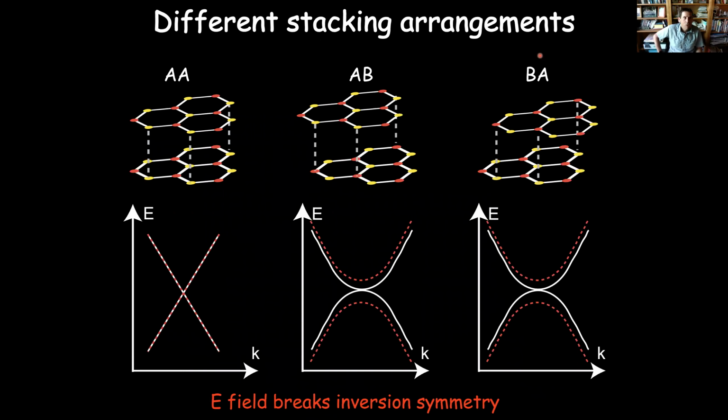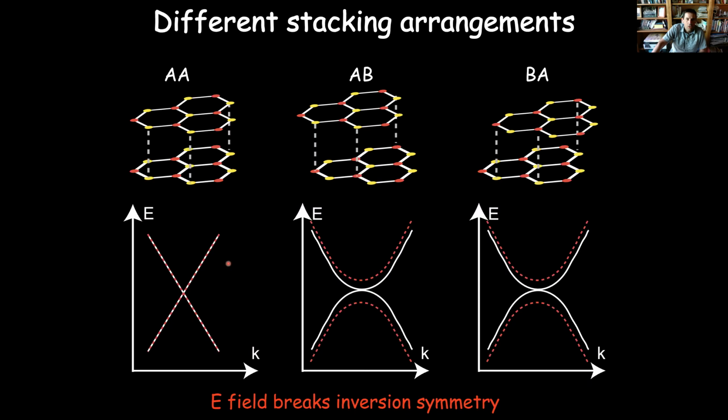real space. So in some areas, the graphene sits directly on top of each other in this sort of AA stacking regime, where the carbon atoms of one layer are directly over the carbon atoms in the bottom layer. Other regions, we have AB stacking, the usual Bernal stacked graphene, or BA, the opposite version. And if you look at the density of states, or the energy versus momentum relation for these different regions, in AB and BA stacked graphene, you have a quadratic band structure, quadratic dispersion, whereas in this AA stacked, you have